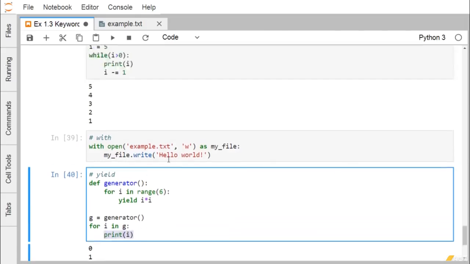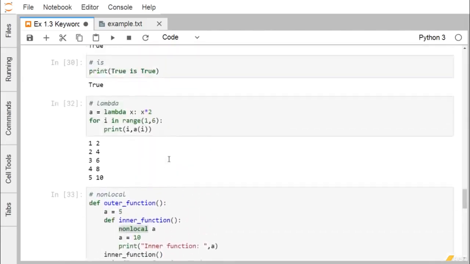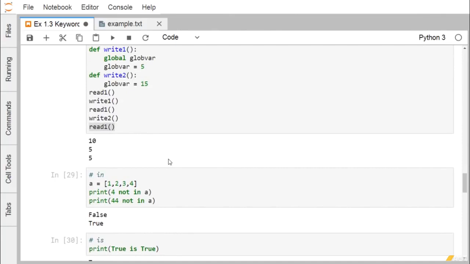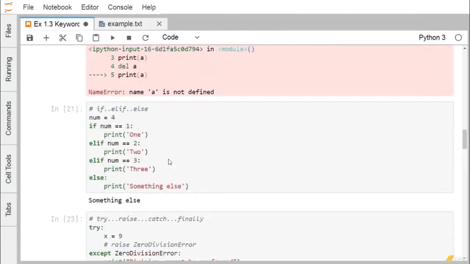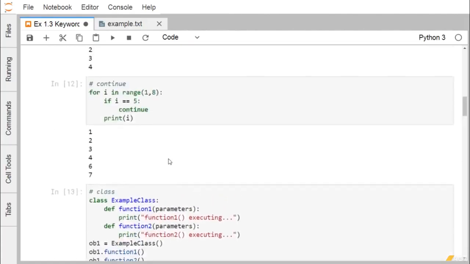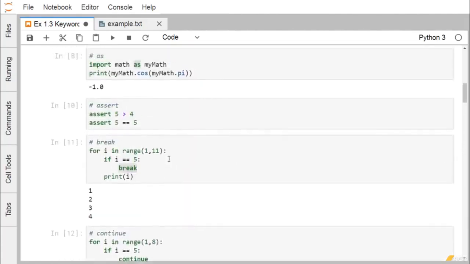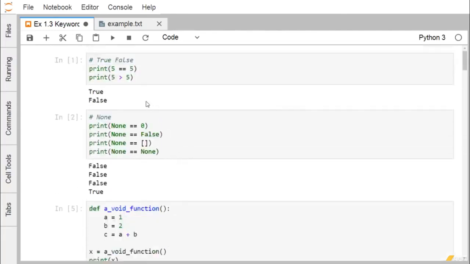So in this particular example, we have discussed multiple different keywords. You can see there are so many different keywords we have defined. Other than these, other keywords are also available, but these are the most usable and frequently used keywords in our Python code, and on them we have written small example codes, and we have explained that one with the required